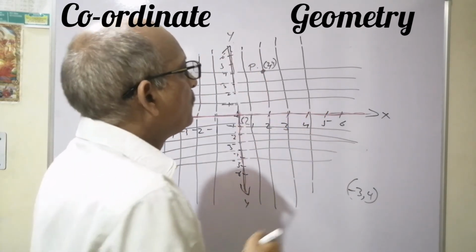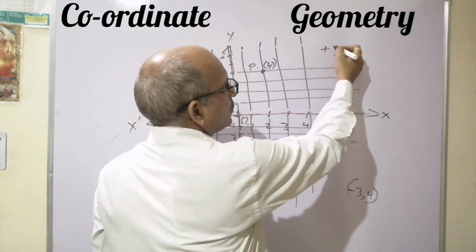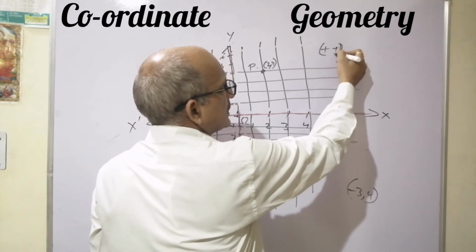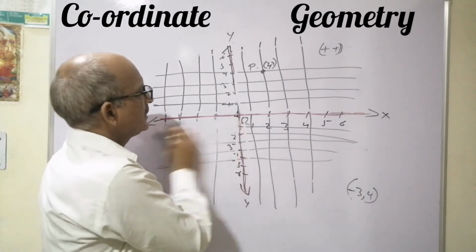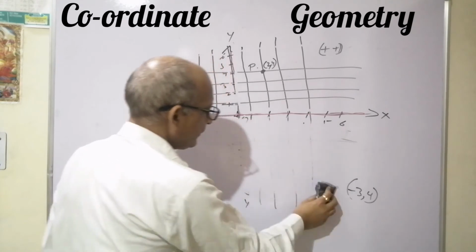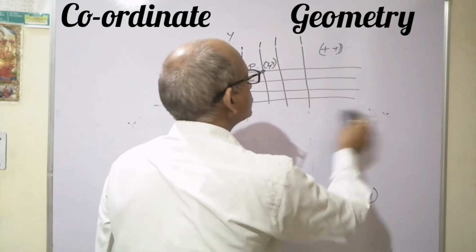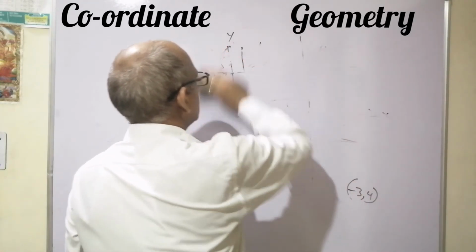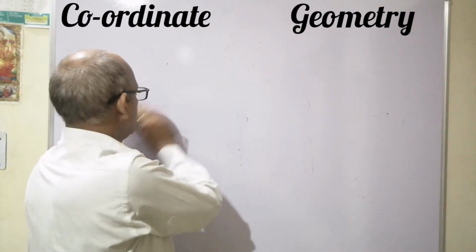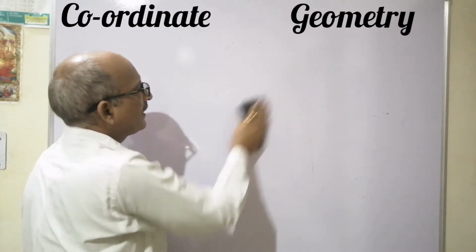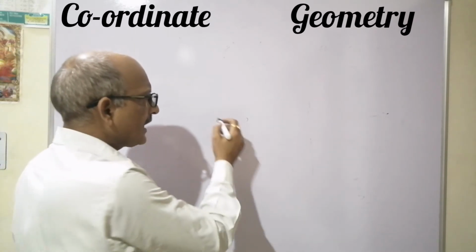In other words, both coordinates x and y will be positive here. So both of them are positive in this one. Let it be removed. A little bit of complication is being seen over here. Just a minute. When we are talking about coordinate geometry, we have to be very careful about its basic concepts, what I have discussed here. Let's come to this again.